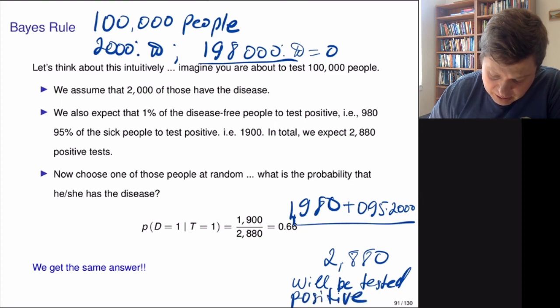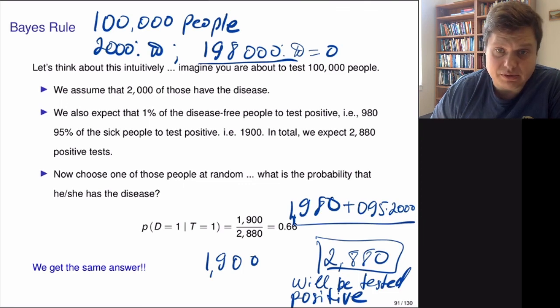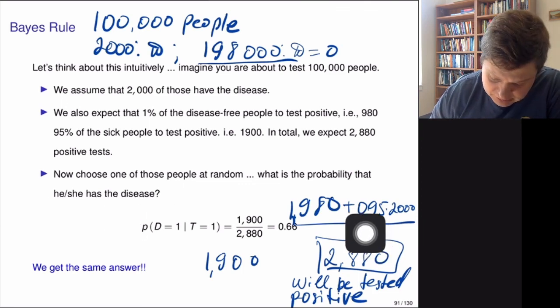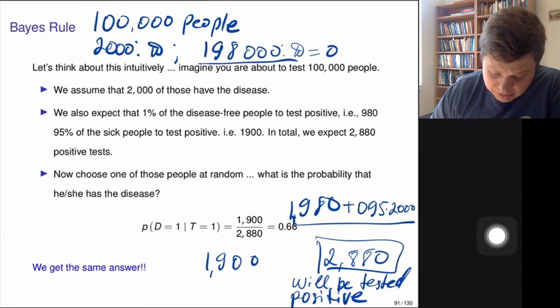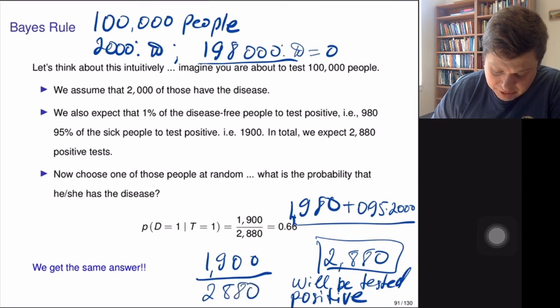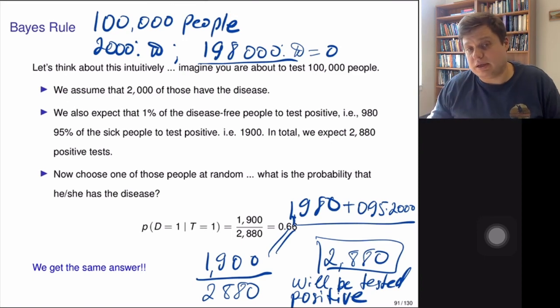Okay, and now out of those people, only 1,900, which is 0.95 times 2,000, are the people who are actually sick. So people who get tested positive and are actually sick is 1,900, and the total positive tests is 2,880. So if we take the ratio of those two numbers, we actually get 0.66. So we get the same answer. So again, Bayes' rule is nothing just